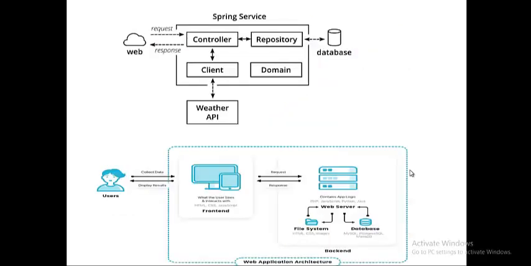So let's see a couple more diagrams of the same. I have a basic Spring Boot application, like a Spring service, where you have a web layer with a controller mechanism and you have a database. It receives the request and gives the response, and it is also talking to another API, which is a weather API. So it receives a request, processes it and gives a response. At times, for example, the data that you are requesting is not present with me, so I need to talk to another service to get that data for you. The API has the ability to do that. That is the application I'm showing on my screen.